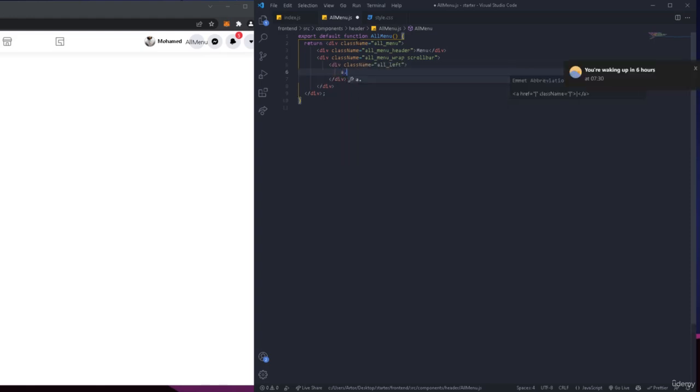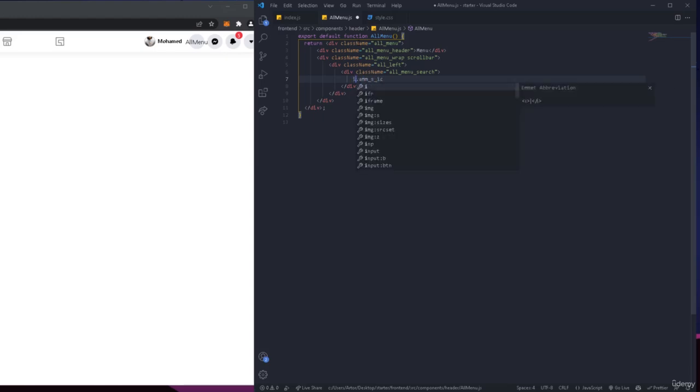Again, this is gonna be for all left, and then we're gonna have all menu search, and inside this we're gonna have an icon,